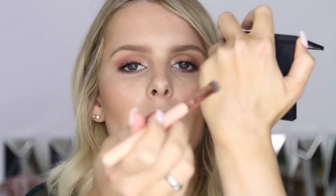I'll show you a little bit of one on the back of my hand. It's also nice that they have the peachy tone if you like to color correct. So they blend out super well. I mostly use liquids underneath the eyes, but again, this is awesome all over the face and particularly good for